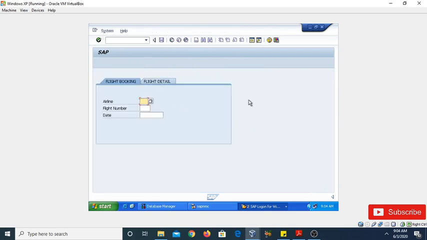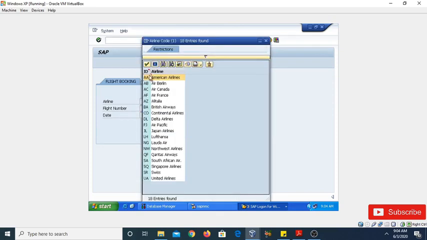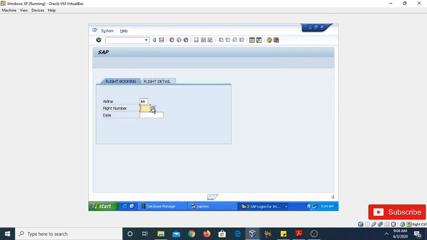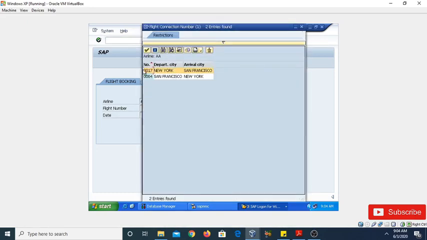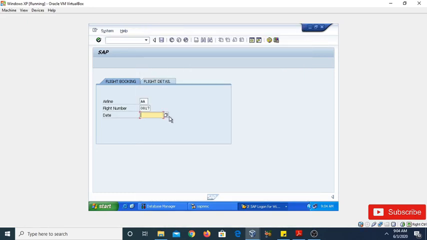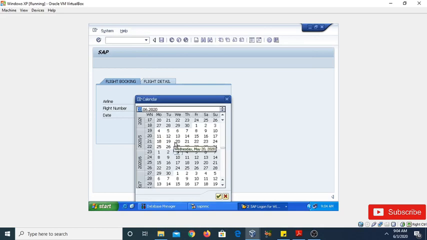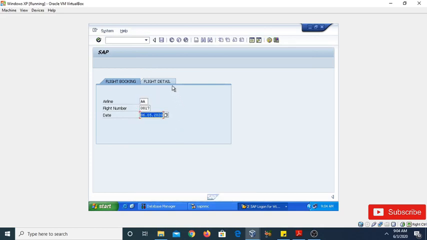You can see we have a tab strip. Now we are going to select the data. Airline, in my case AA is the airline. The flight number I have selected is 0017. The date, you can select anyone because we have not applied any condition on it. Now when you click on it, it will show you the detail. You can see this is the detail which was retrieved by applying the condition.